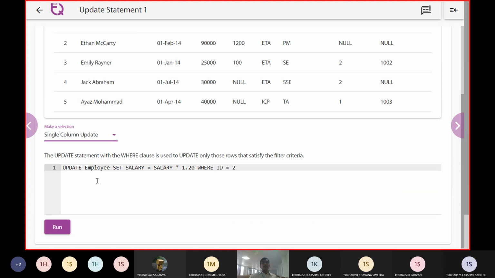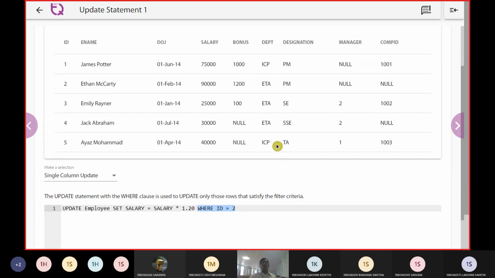Now, let us see the second way, the update with the where clause, which is used to update only the rows that satisfy the filter condition. What was the filter condition? We are going to use a where clause and apply it for ID 2, with 1.20.